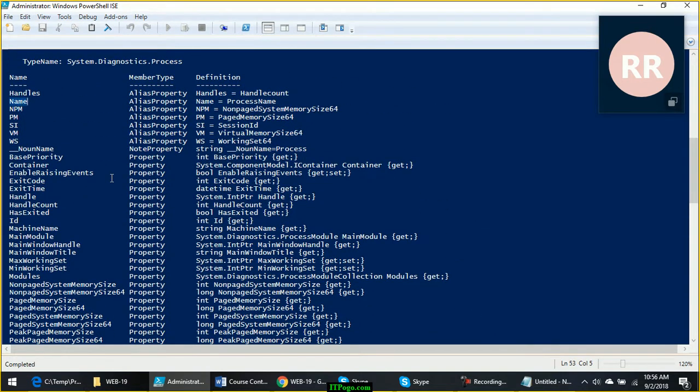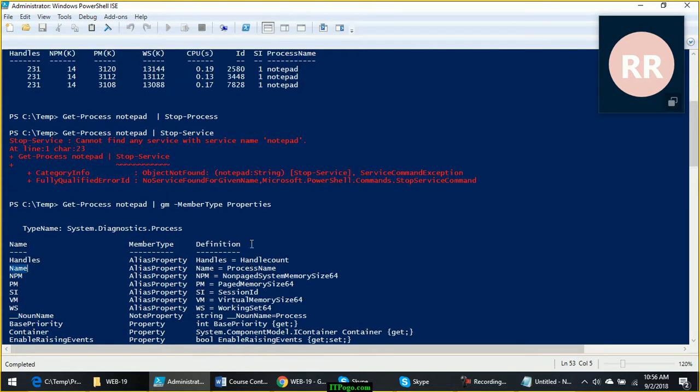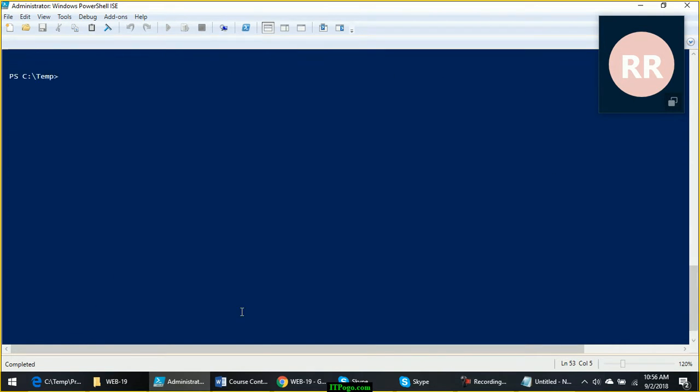Here it is. Now what PowerShell is trying to do here is, stop process has a parameter called name. It is trying to pass the value of this name property to the name parameter, and it is trying to stop the service based on the process, which is failing.